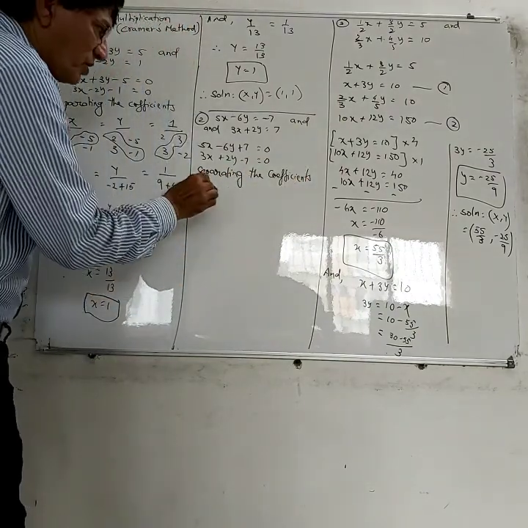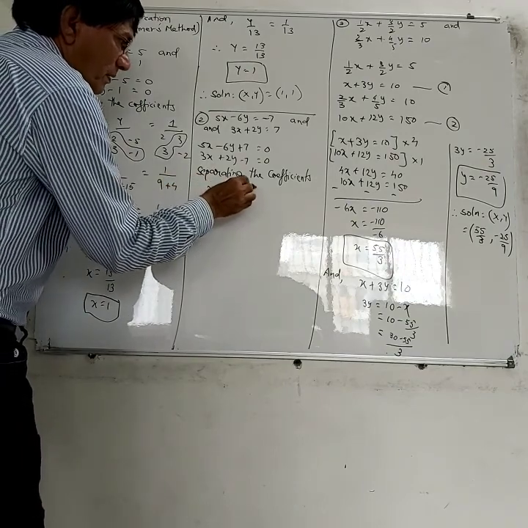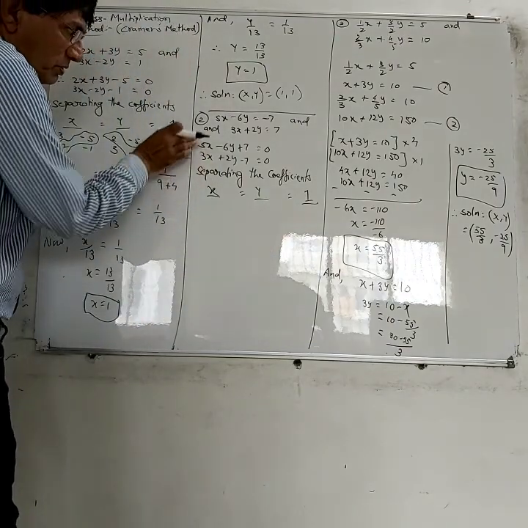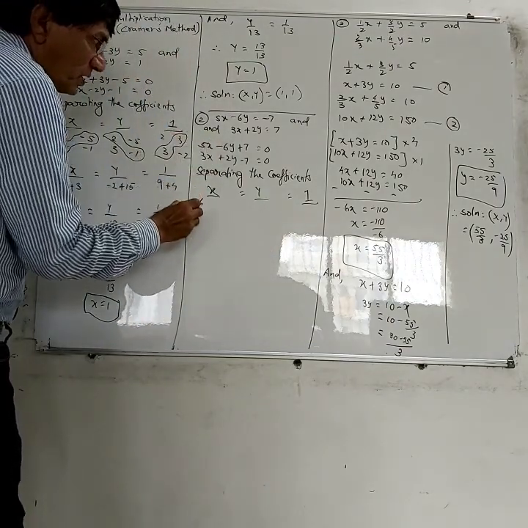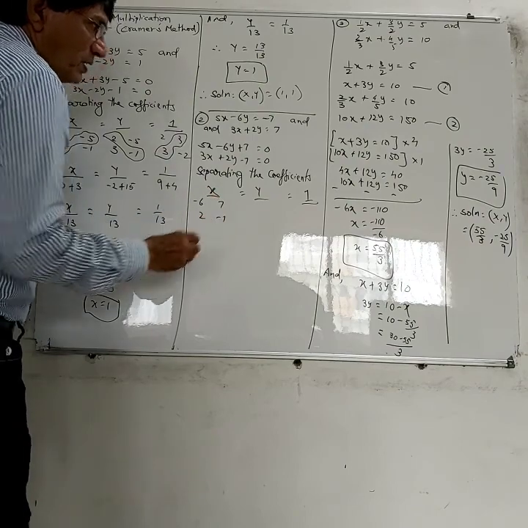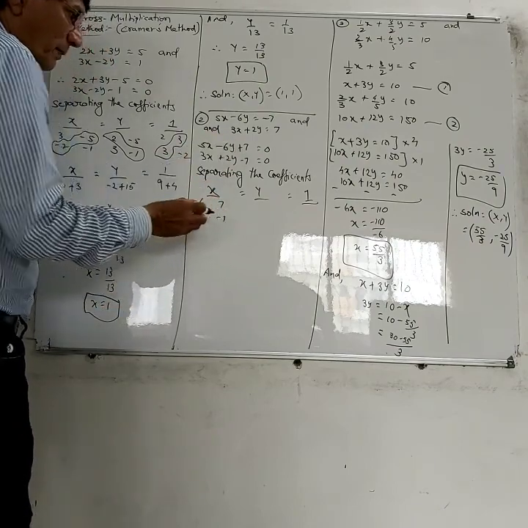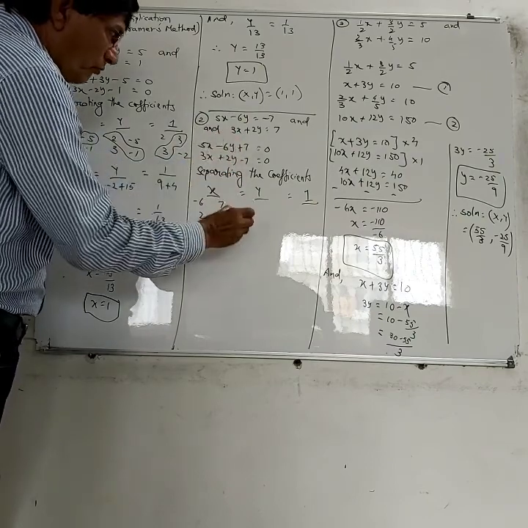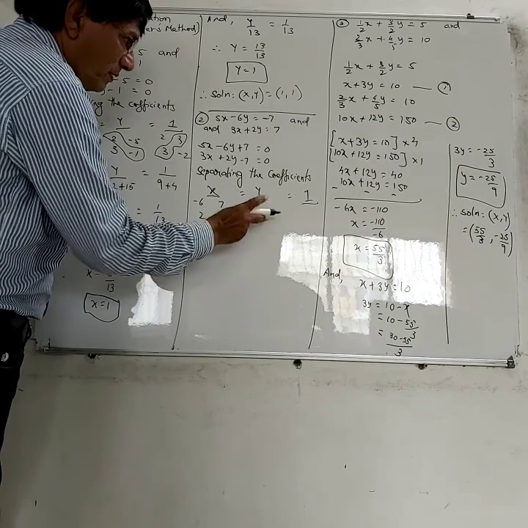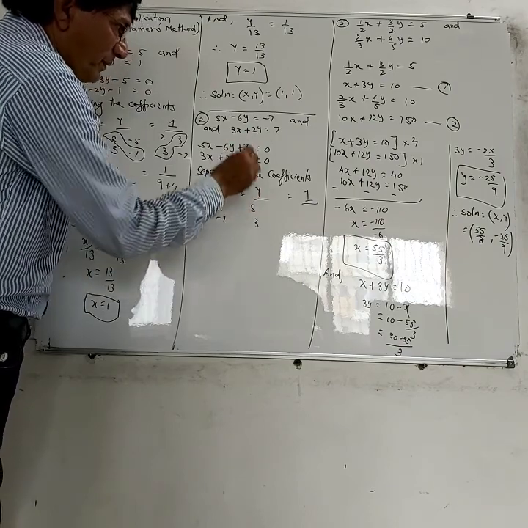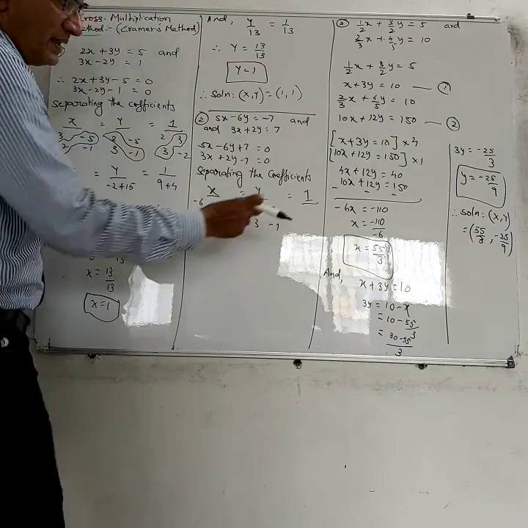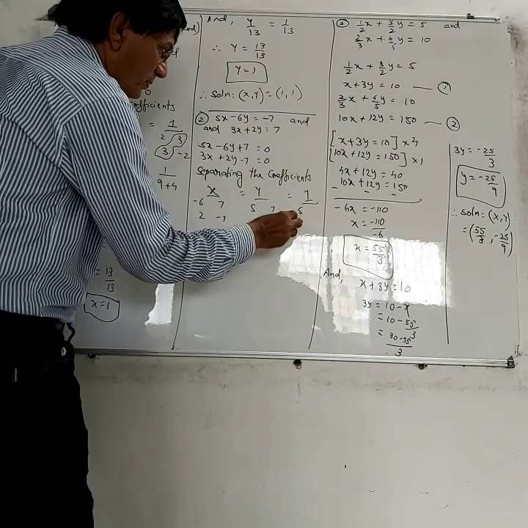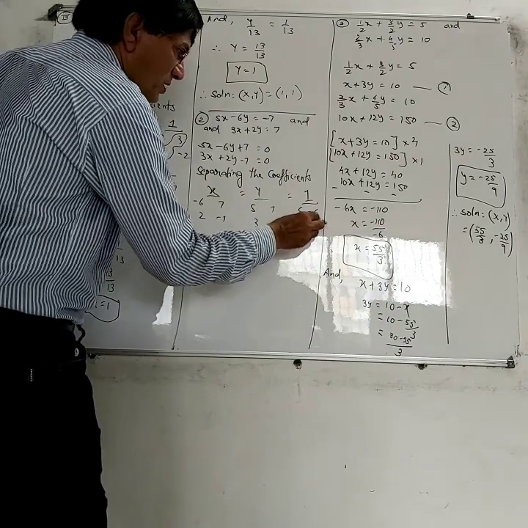If you separate the coefficients: x, y, and 1 upon x. Take out minus 6 and 2, minus 6, 2, 7, minus 7. Then remember minus 6, plus 2, 7 and minus 7. Now you don't want y, so 5 and 3 and 7 and minus 7. And then when you want 1, forget about this. Only use this: 5, 3, minus 6 and 2.